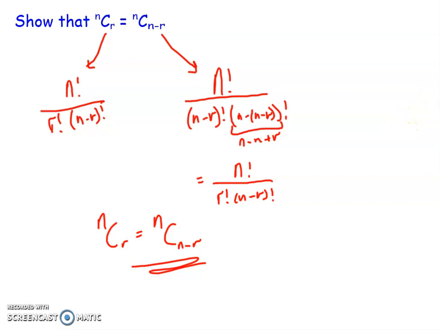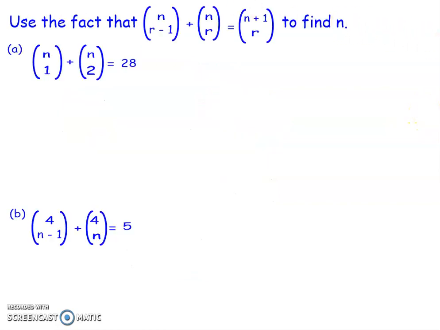No big deal. Last question, we're using this fact that we proved: nCr-1 + nCr = n+1Cr, to find n in both of these equations. So this equation here, if I look at the left, I've got nC1 plus nC2. If I equate this up to these ones here, I know the n's going to stay the same, but if r minus 1 is 1, then r is 2. So that's then going to be the equivalent of n+1C2